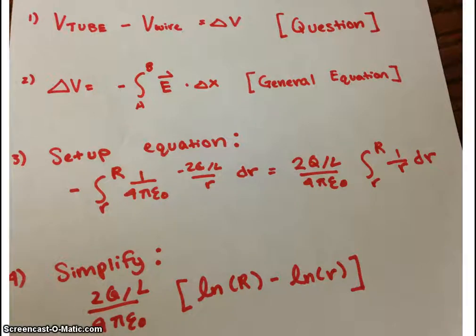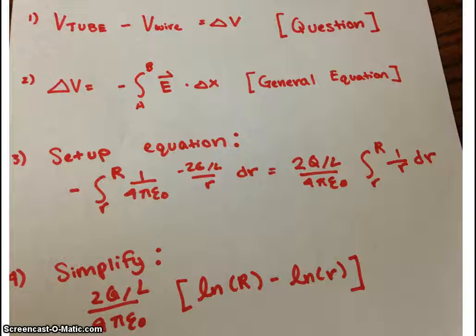So here's exactly how I did it. The first step is that I modeled, I wrote down the question, or what we're trying to find, which is V tube minus V wire is equal to delta V. That's our voltage difference. In the second step, you know that the general equation for voltage difference is delta V